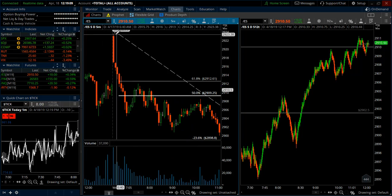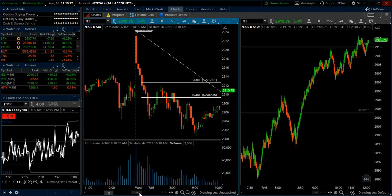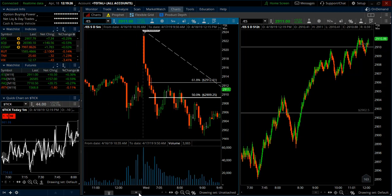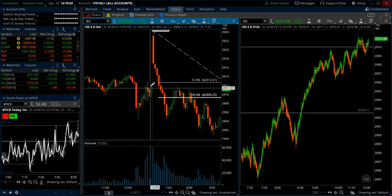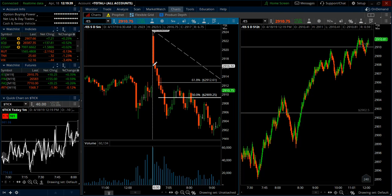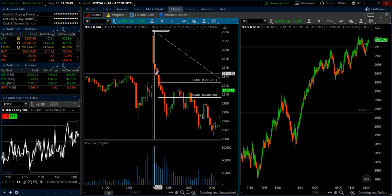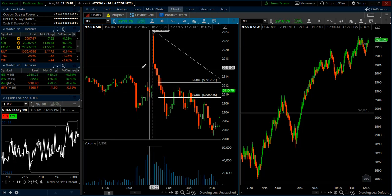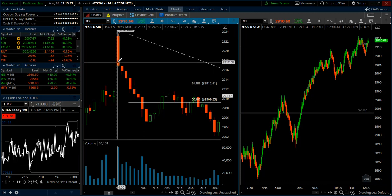Same setup. We gapped up, and only Wednesday we had this nice big first candle, and these are 5 minute bars. Seeing that sort of gusto in the first 5 minutes, I was a little more excited that maybe we'll get some trending action. The gap fill from the prior day was at 29.11s, and we were at roughly 29.16s or 16.75. So I was looking for a move to the gap fill, expecting a bounce. Same setup, only instead of going long, I went short because we broke down 1650s,